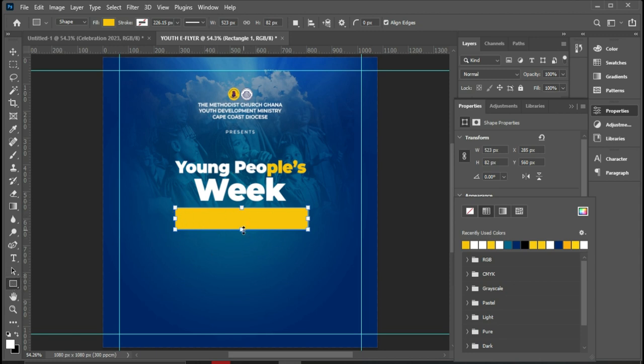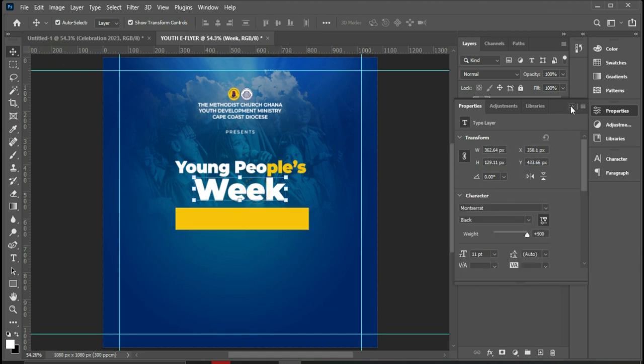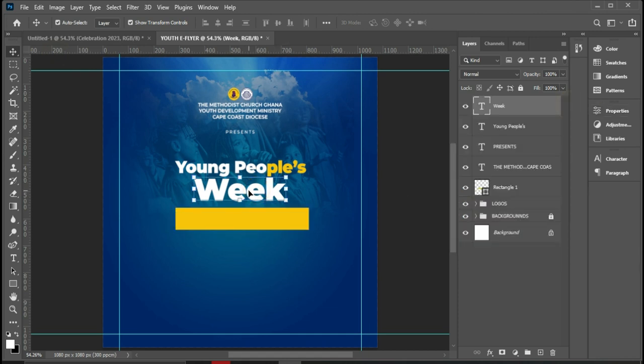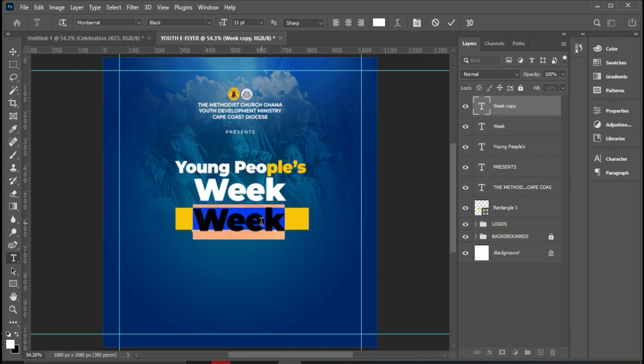So still your mouse cursor is on the shape tool. Before you do anything else, go in for your move tool. That is Photoshop, so you take your time for Photoshop. Go in for this text tool, click this, copy it, Control J to copy, because we are going to use the same thing. Then we are going to write in celebration